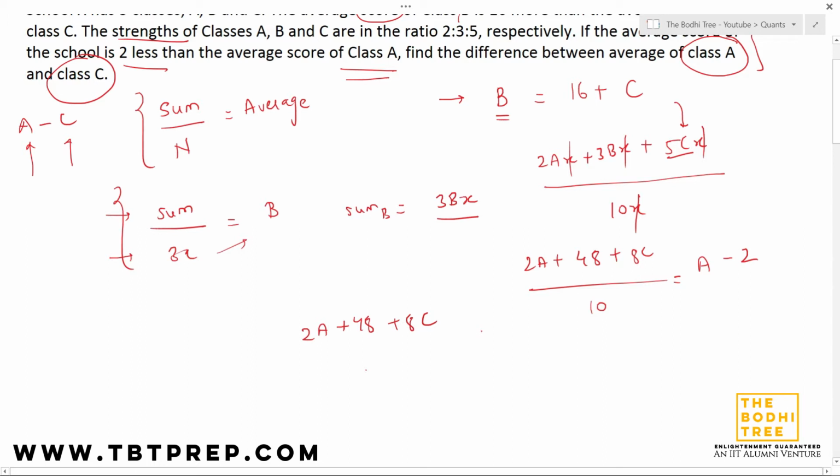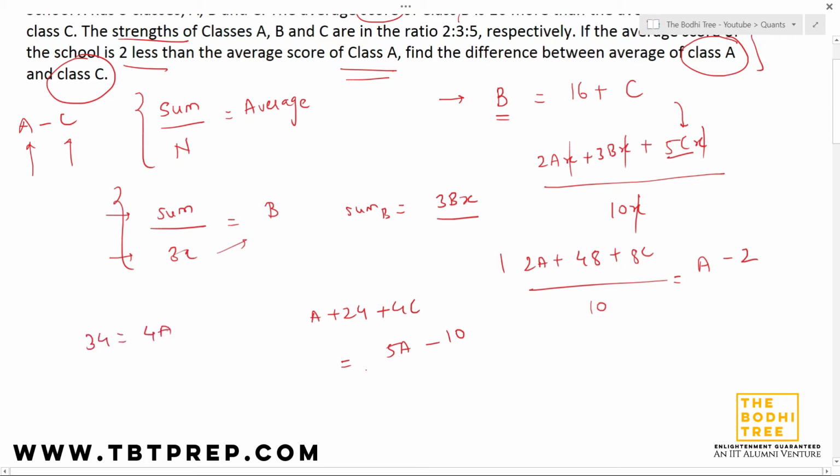I could have even taken out 2 common, right? In this case, if I take out 2 common, what I'll get is A plus 24 plus 4C divided by 5, right? Because I have taken out 2 common, so 2 ones are 2 and 2 fives are 10 in the denominator. So divided by 5 will be equal to, I'll take 5 to the other side, 5A minus 10. Alright, simple. So I'll bring 10 to the other side, I'll bring A and 4C to the other side. So what I'll get is 34 is equal to